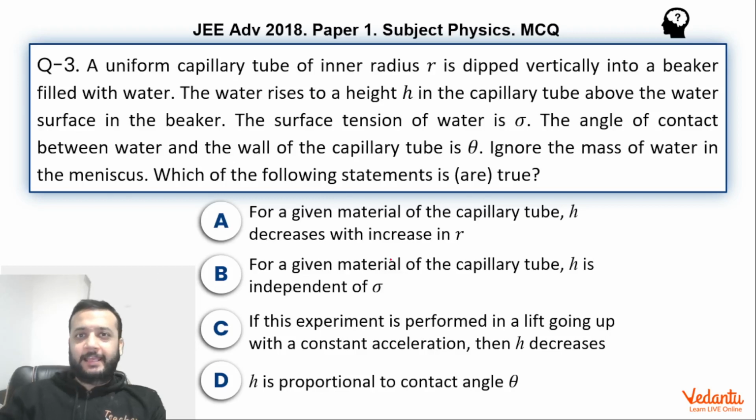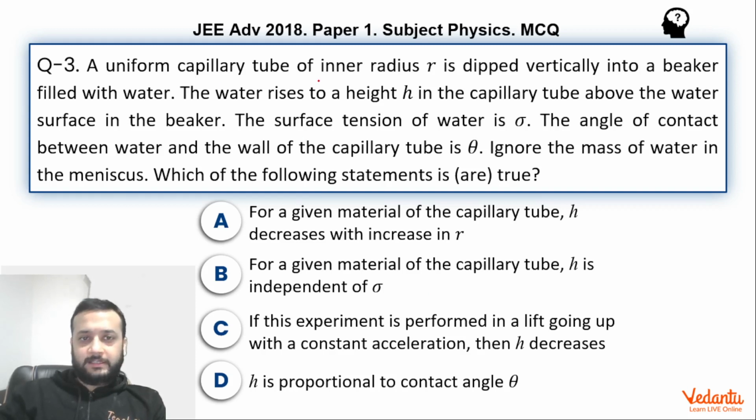Hi, dear students. Let's see this question that came in JEE Advanced Paper 1 Physics in the year 2018. The question is seemingly very simple. No, actually, it is very simple, not seemingly, from the topic of capillary rise. But still, many good students in India could not get full marks or got negative marks in this question because of one particular thing. So let us see what I'm talking about. But before that, we will see how we should have solved this question.